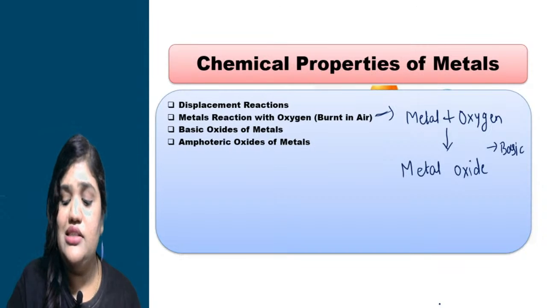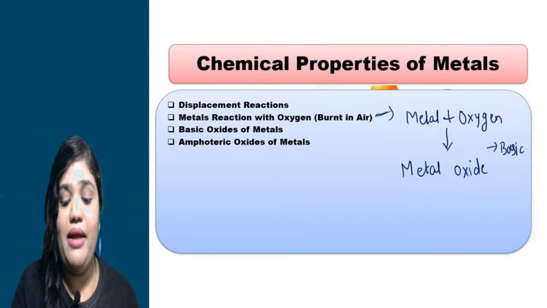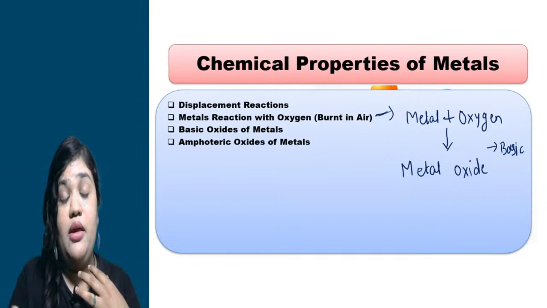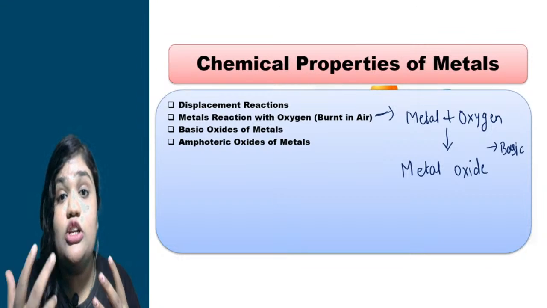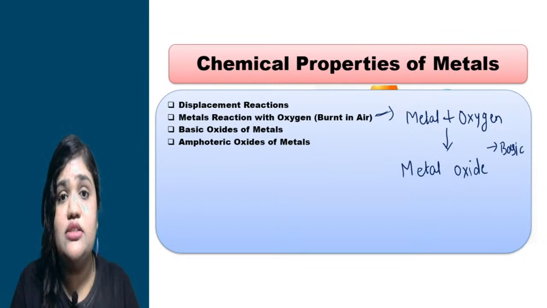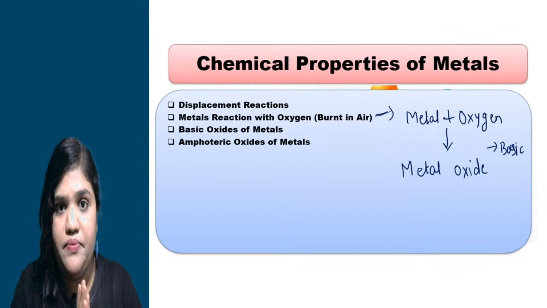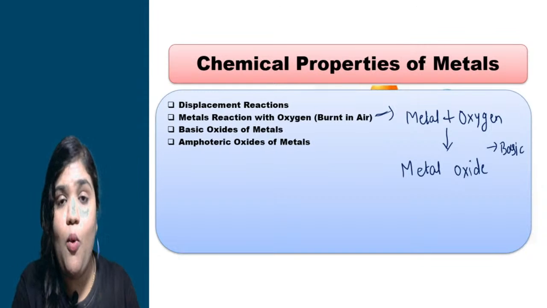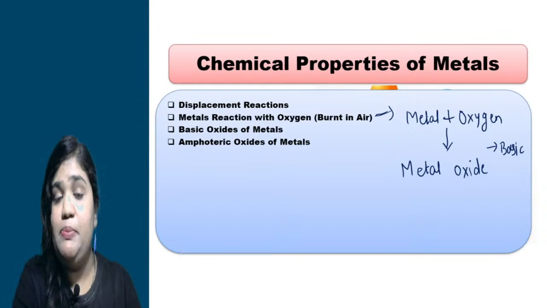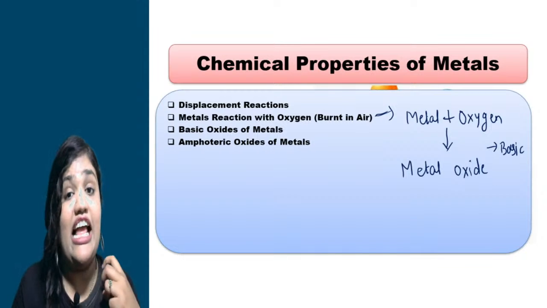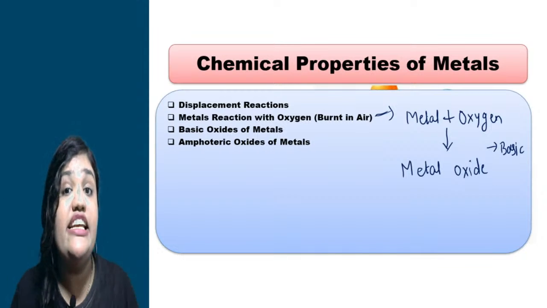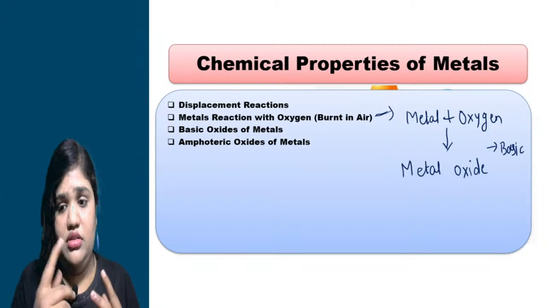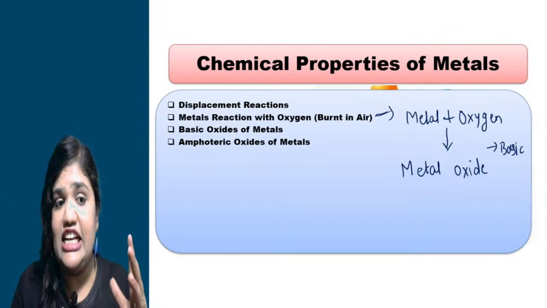Now there are some other metals like sodium and potassium. You know that, students? We immerse these metals in kerosene oil. Why is this so? Because these metals show a vigorous reaction with air and they can catch fire if we keep them open. If we don't put these metals into kerosene oil, they will catch fire. So this is the next part regarding metals' reaction with oxygen.